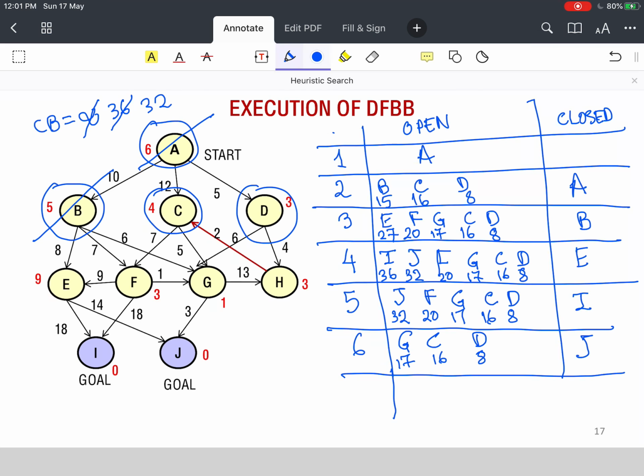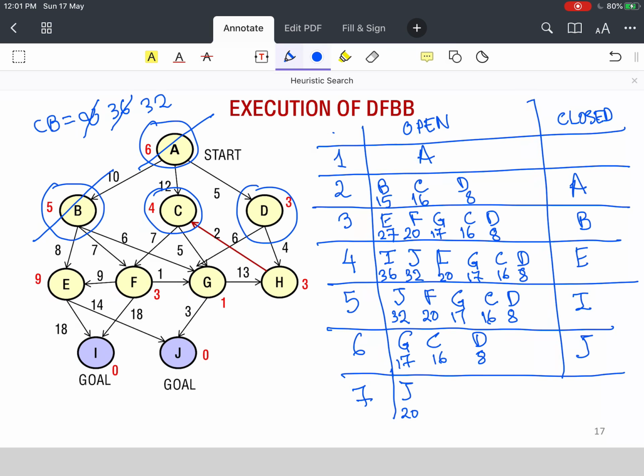Now what we see here is very interesting. From G, I will generate J again. And this time, I will generate J with a cost which was 17 plus 3, 20. So I will generate J with 20.